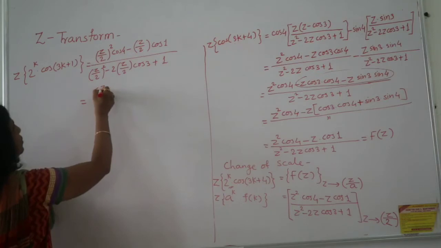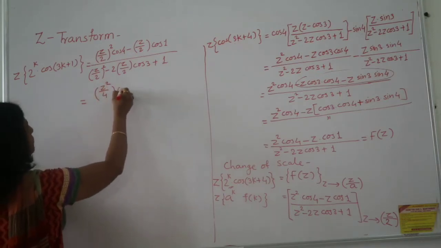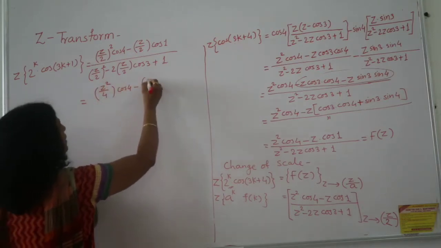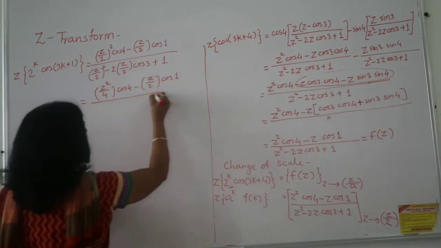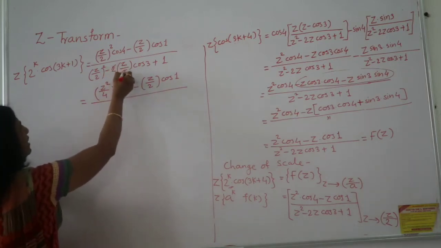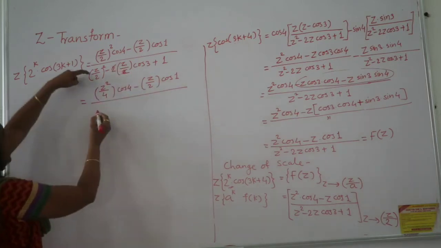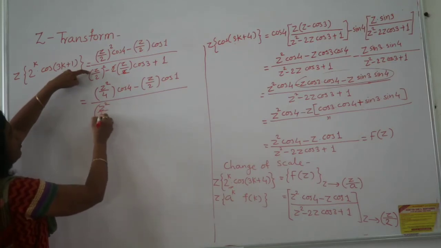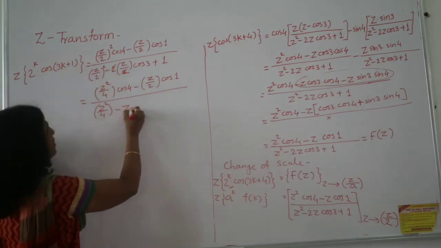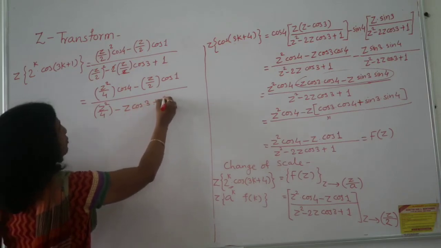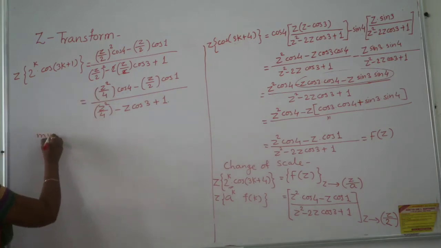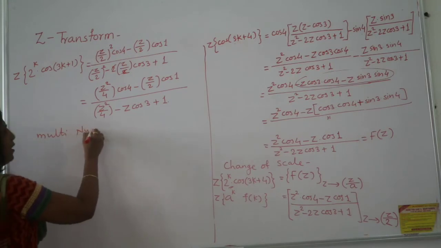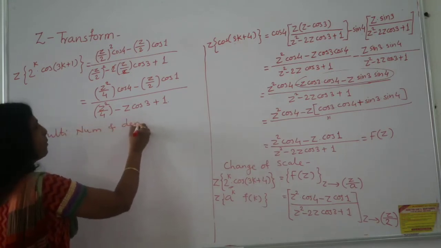Now if you want to simplify it mathematically, I suggest this. Here it is z square upon 4, cos 4 minus z upon 2 multiplied by cos 1. Don't try to go for cross multiplications or anything. Maximum I will cancel this 2 and 2 purposefully here, and here it will be z square upon 4 once again. As I cancelled, z multiplied by cos 3 plus 1. Now we are not habituated to keeping this fractional form, so what we will do is multiply numerator and denominator by 4.